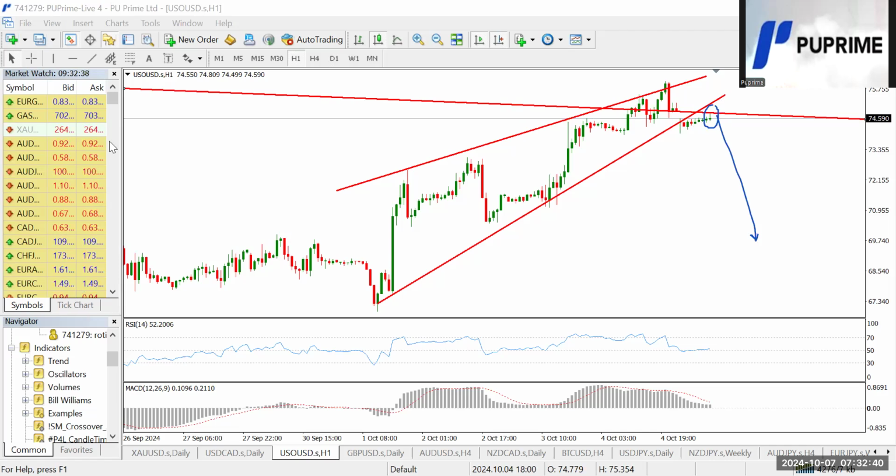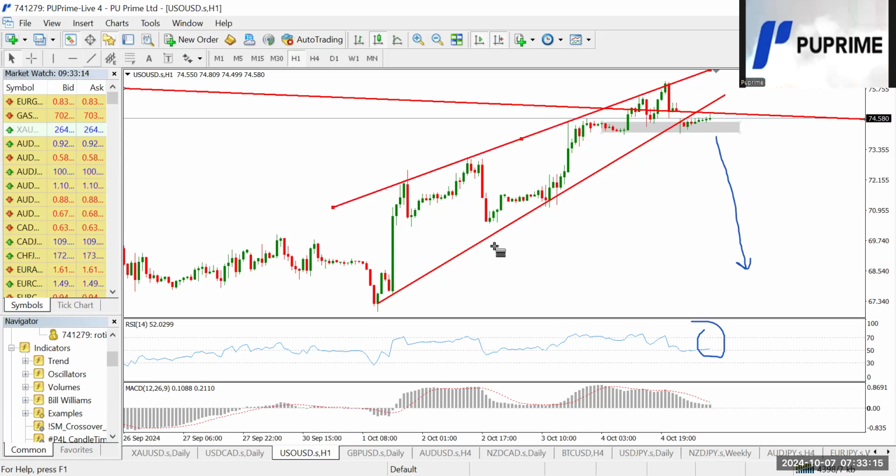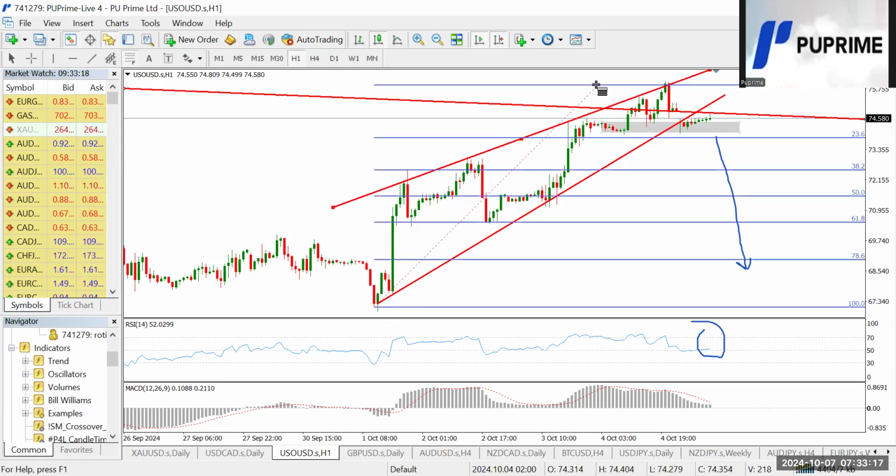Now, this one is purely an intraday setup, which will trigger hopefully today. Now, if you cannot trade the neckline breakout, we can as well have a minor support zone here. So when price breaks out, once you have a new candle below the support zone, you can trigger a sell on the US oil. And at that instance, please confirm that your RSI is clearly below 50. That's the additional confirmation you need to trigger a sell on the US oil. So I'm bearish on the US oil. And profit potential for this also